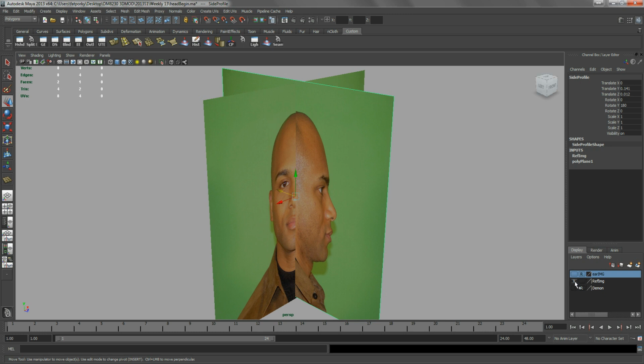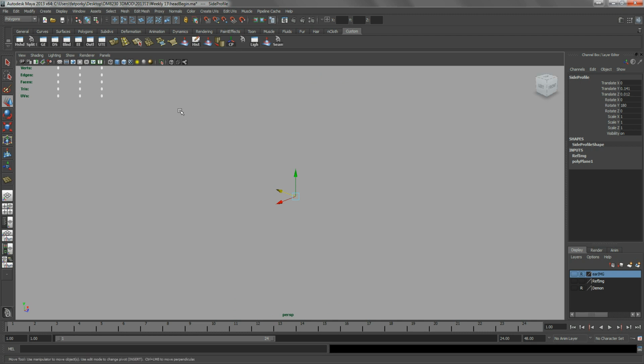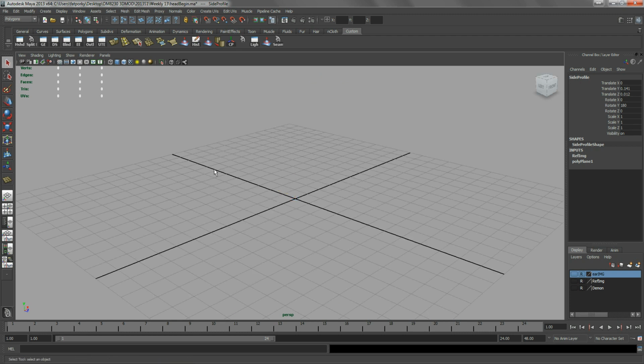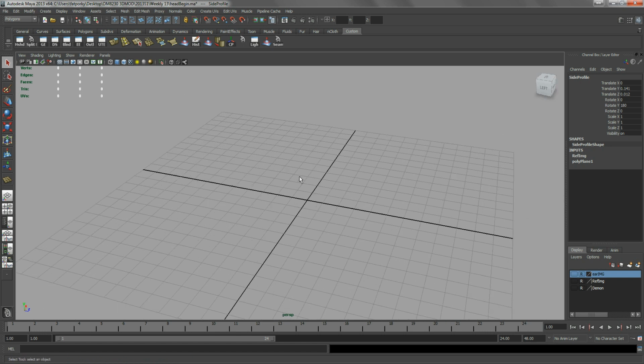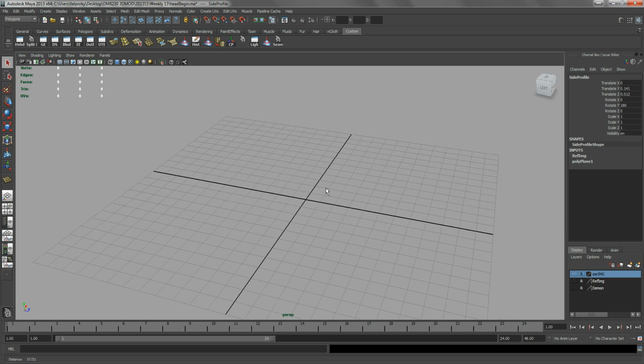Okay, so right now I'm not going to use any reference for the time being, because I will be showing you how to model out a head, and you can base that head and adjust it according to your reference image. So I'm not going to stick to just a reference image. This is just a technique on how to create a head. Alright, so